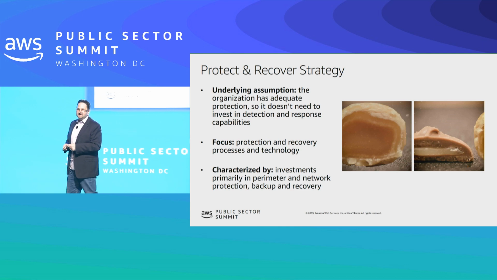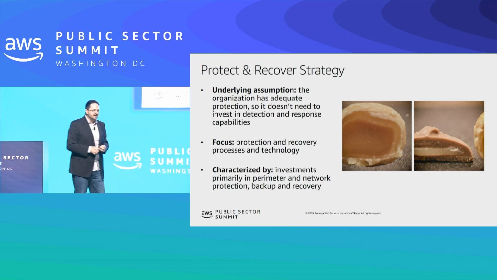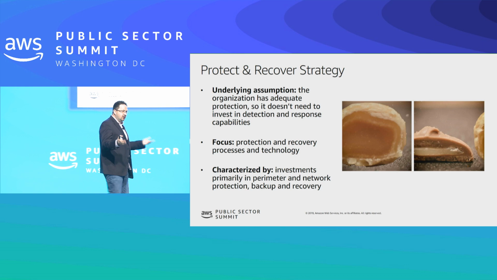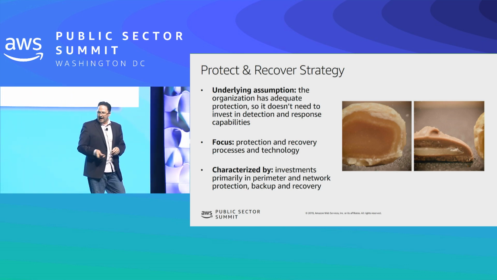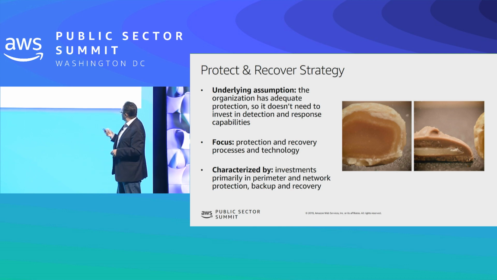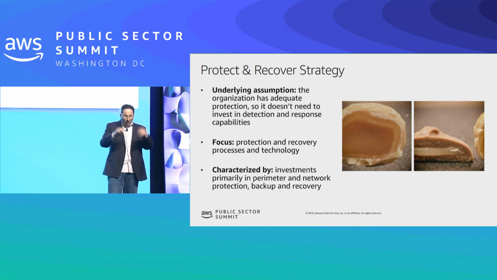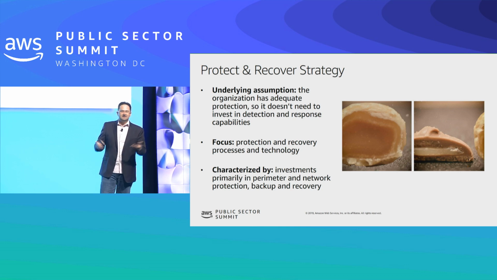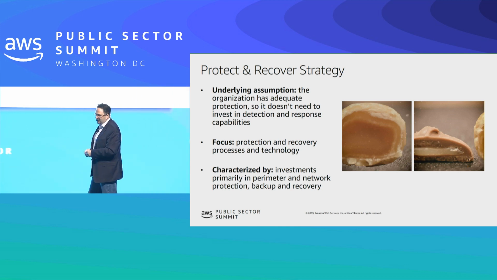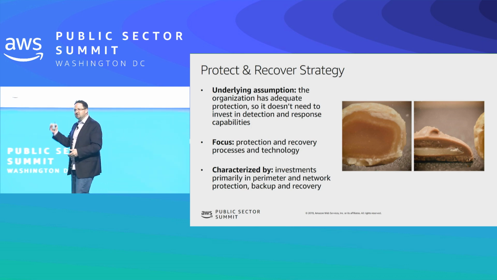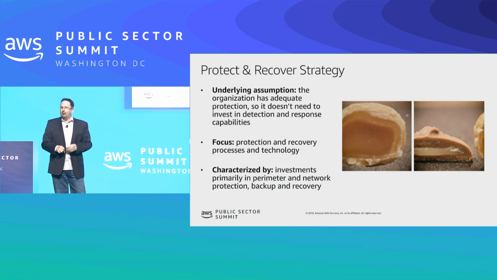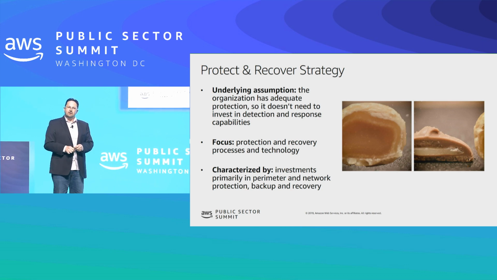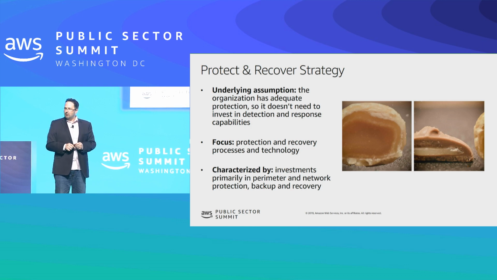If you've been to any cybersecurity conferences or events in the industry over the last 20 years, you'll probably have heard of this one called the perimeter security strategy, right? And that's why you're looking at a picture of some candy here. It's with the hard outer shell and that soft gooey center. So this is the typical cliche that we've heard over 20 years. The bad guys, once they get through the firewall, there's nothing preventing them from moving laterally. And once they get to whatever your Active Directory is and they get access to the credentials in that directory and those keys, then recovery is aspirational, right?